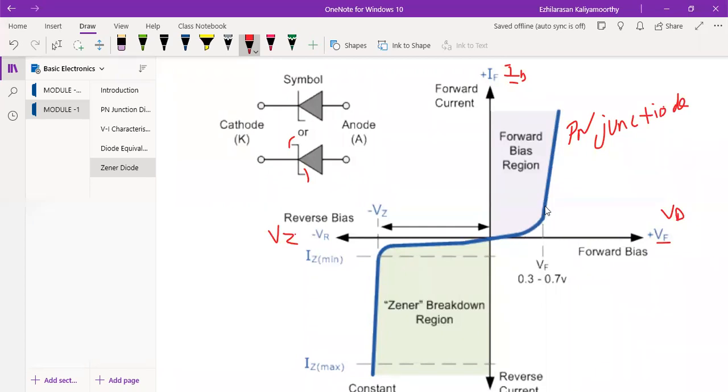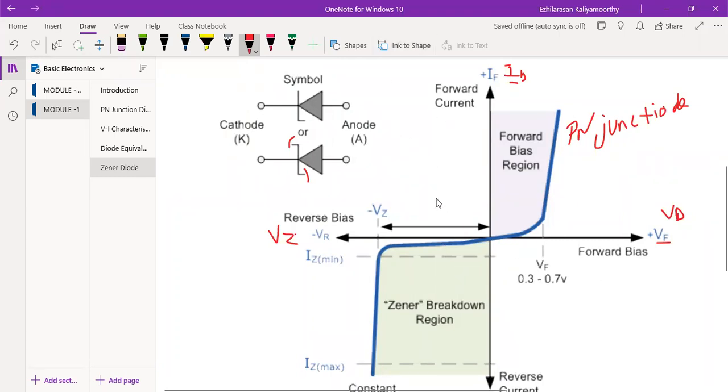So it is increasing exponentially. This will be your forward bias region. But what will happen during the reverse bias condition? As the reverse bias is given, the current is not flowing through the Zener diode, and then it increases dramatically to